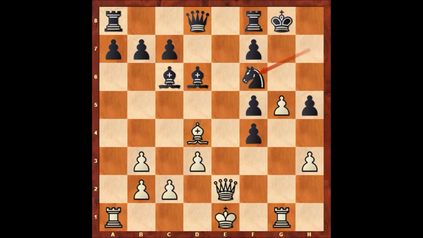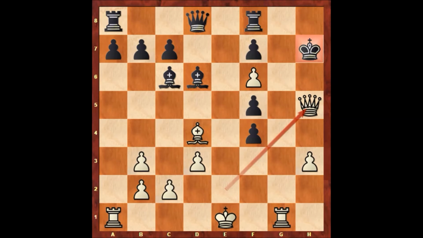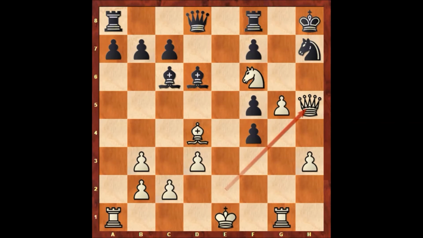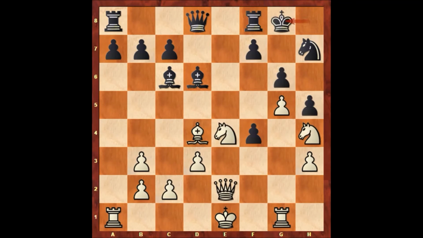And if knight takes knight, that would be a disastrous move for black, because we have g takes on f6, king to h7, or king to h8, it doesn't matter, because black is getting checkmated. With queen takes on h5, that's checkmate. So in this position, if king to h8, saving the king, then queen takes on h5 is very unpleasant for black. And if you find knight to f5,